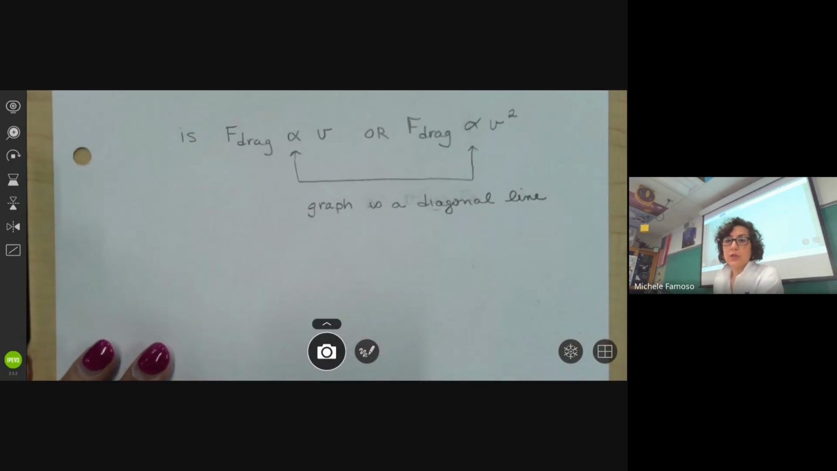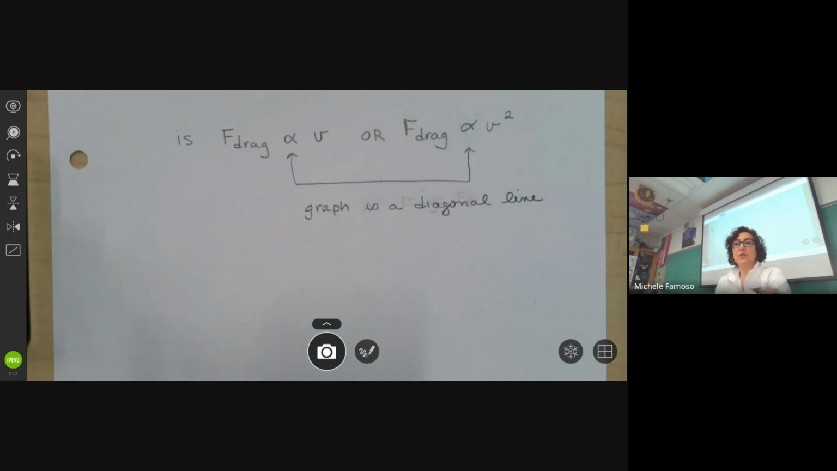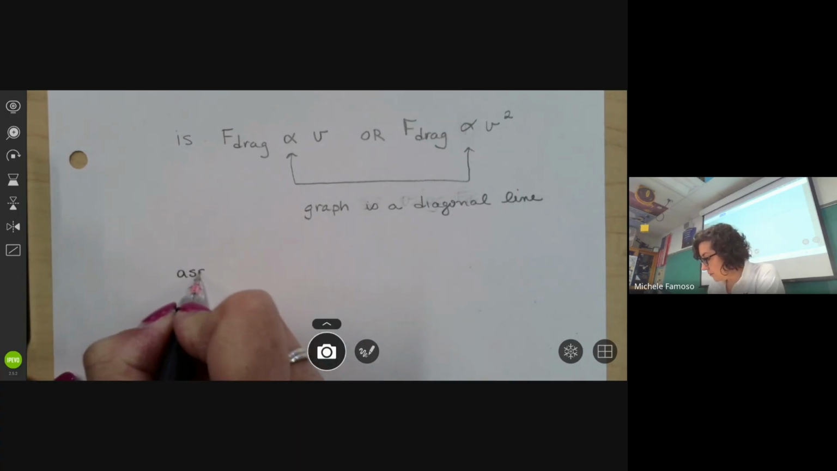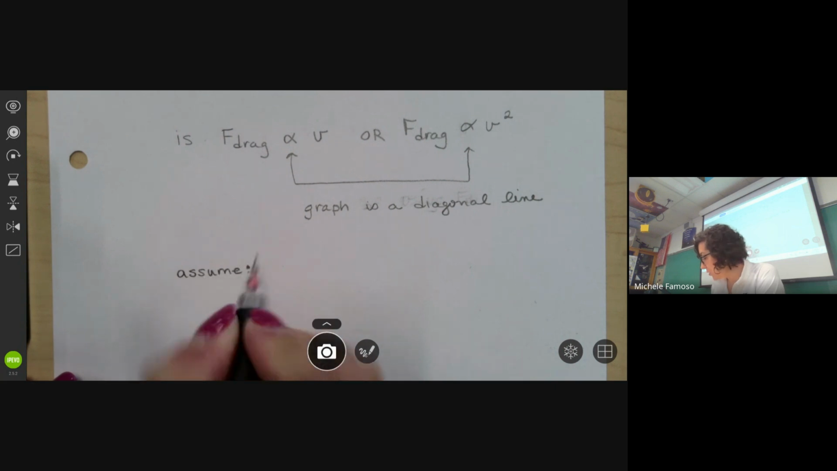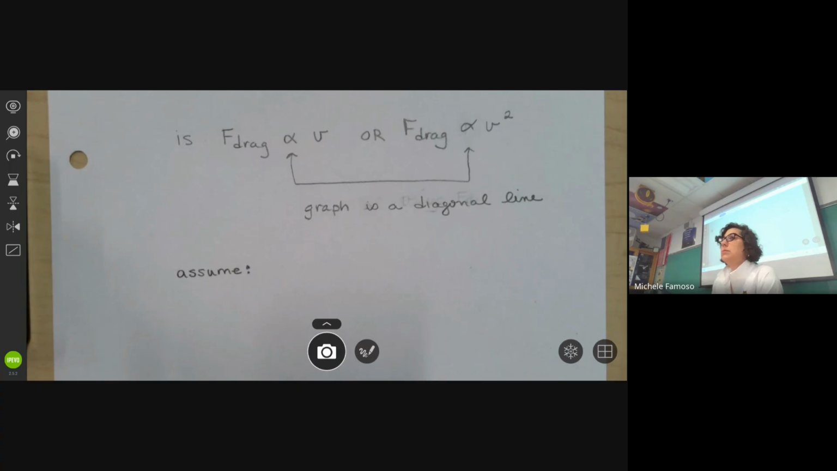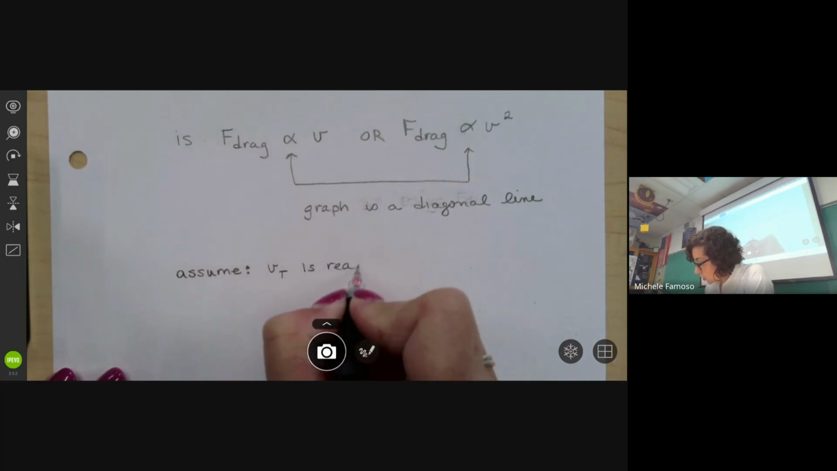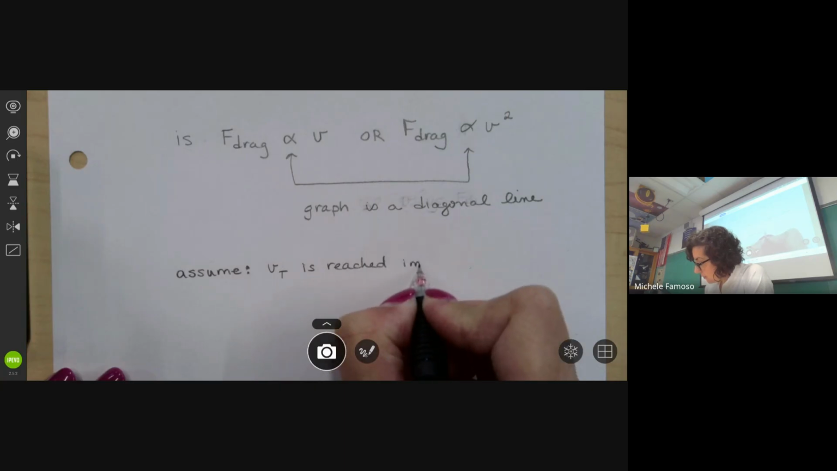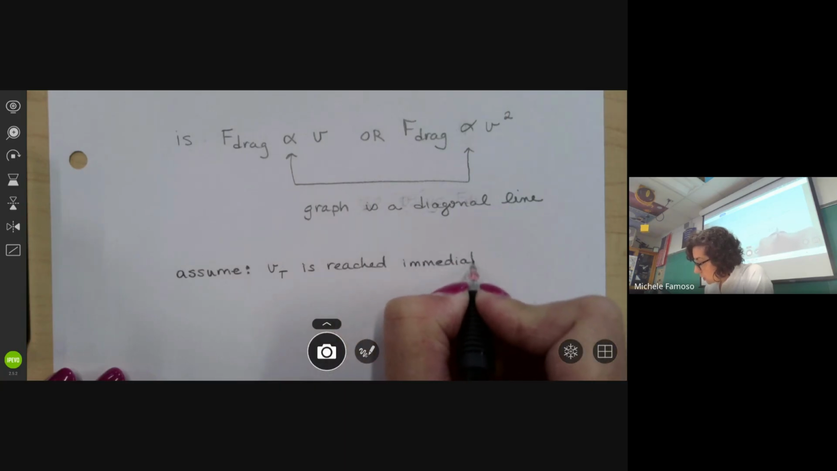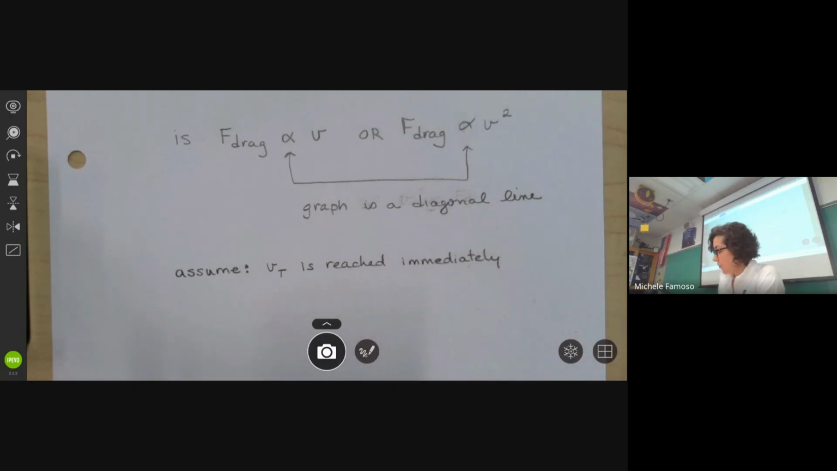So what you're ultimately going to have to do is figure out how to make a graph with the data that you've got. Do you actually have to calculate speed? Not necessarily, because we made an assumption in this lab. Do you remember what you had to assume? We had to assume that VT is reached immediately. So that meant that it was falling with a constant